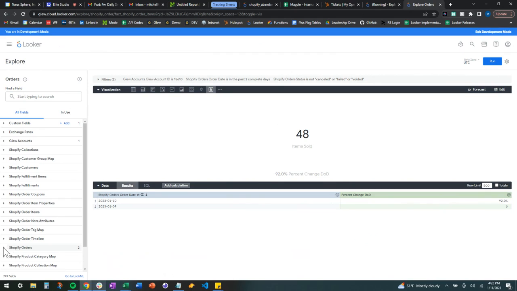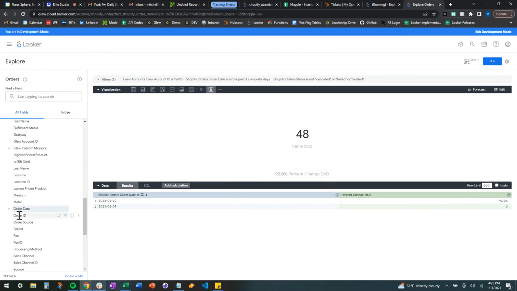and let's actually look at total number of orders. So if I go down to our order ID, hit the three buttons, hit aggregate, and do count distinct, that is going to give us our number of orders sold. And we need to recreate that because that was based off of the previous one. So percent change from previous row,